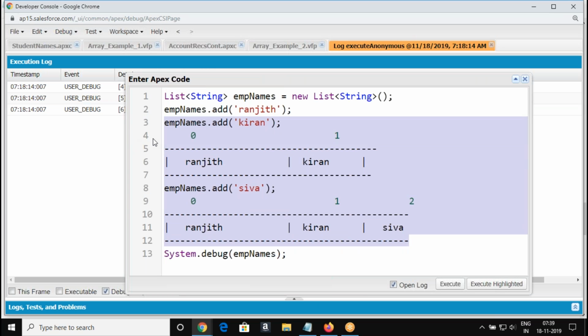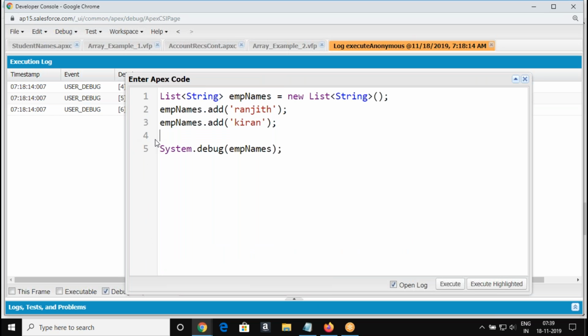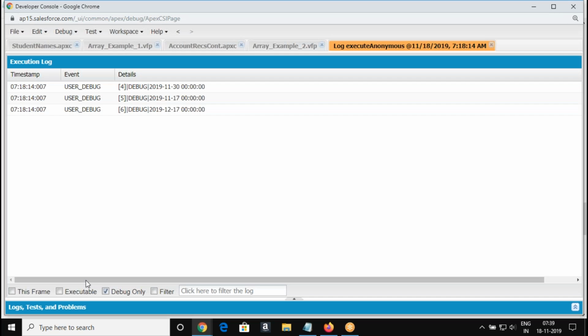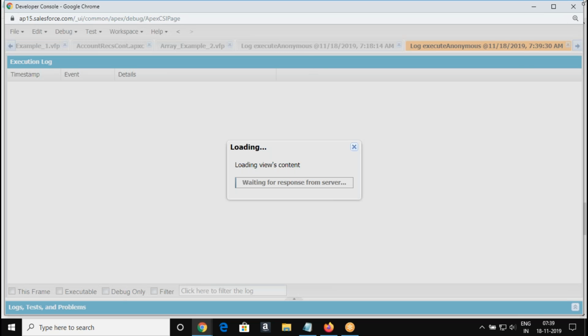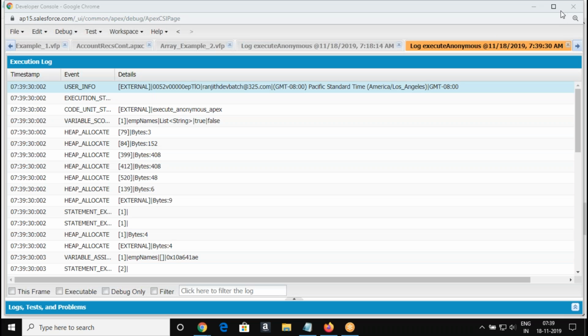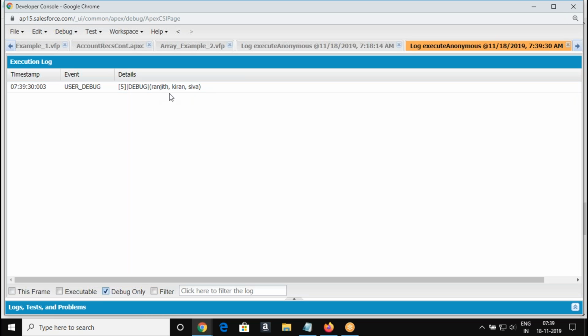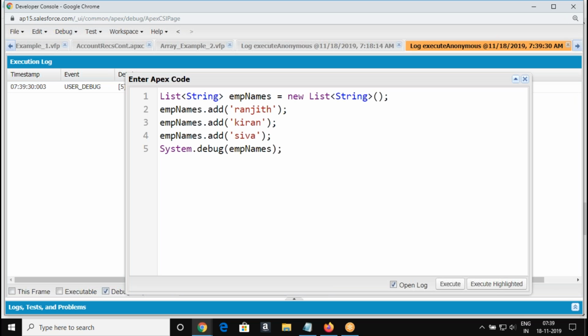So let's display this. The names dot add. As you add an element, the element will be added at the end.